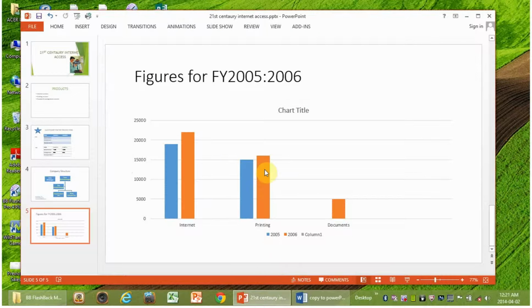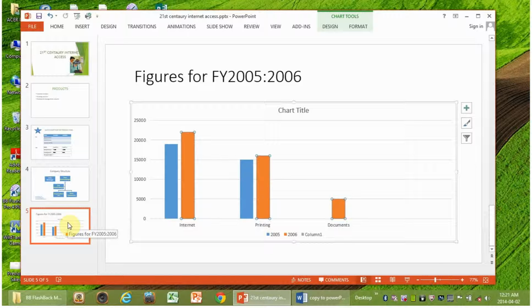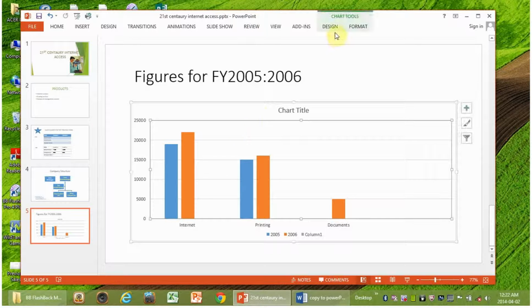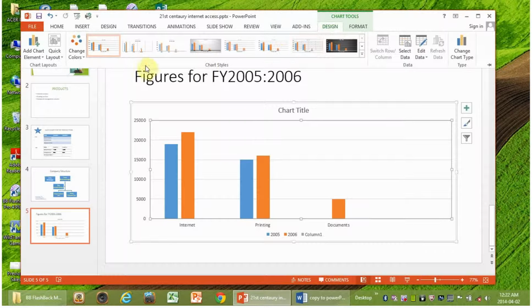So you'll see now that we've got the graph in there, or the slide with the graph that shows the sales figures for our services per the years. So you've got your 2005 there showing, and then you've got your 2006 showing there. So if you want to go back into your slide and you want to actually quickly edit